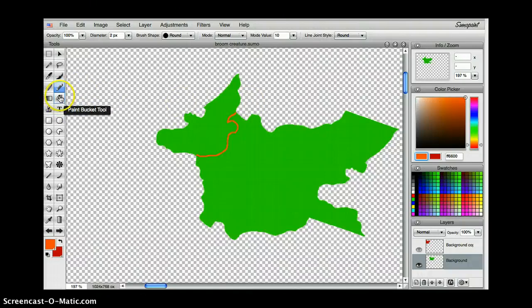Now I'm going to try the paint bucket. If it spills, that means I might have a little gap. I could zoom in even further. I also have the wonderful Edit Undo option. I'm going to click the paint bucket,